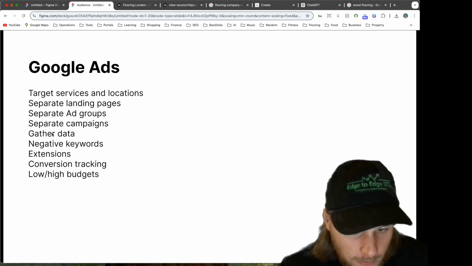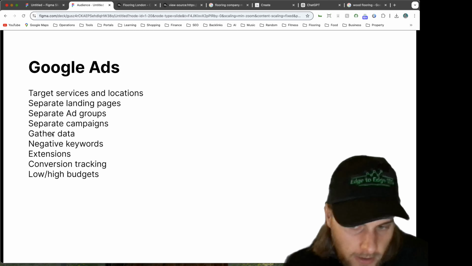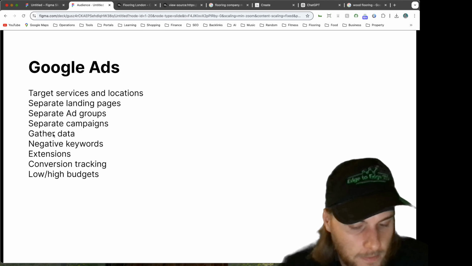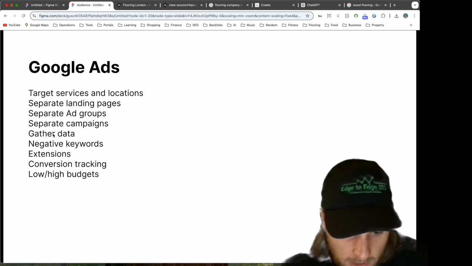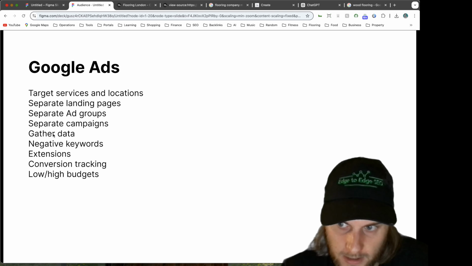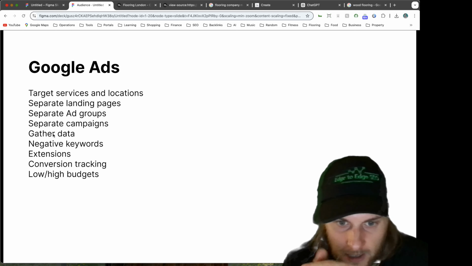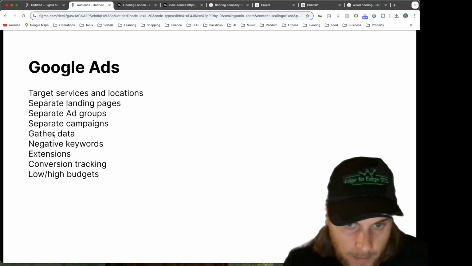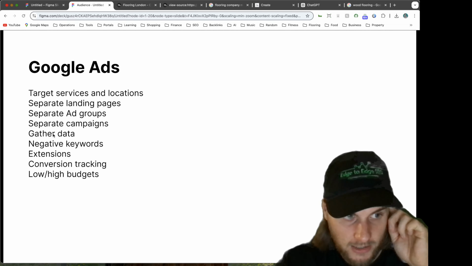And every single week, in the early stages anyway, you should be going into your Google Ads campaign and looking at the data that's being gathered. You should be looking at all of the different stats, the click-through rates and the conversion rates, all that sort of stuff. Look at the different ads that are performing better than others, look at why they're performing better than others, and just kind of tweak things.